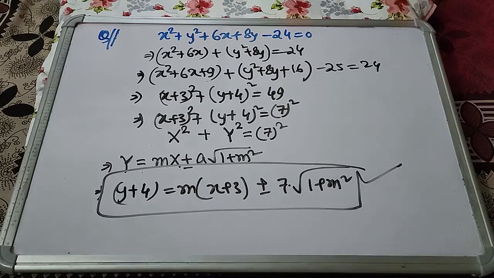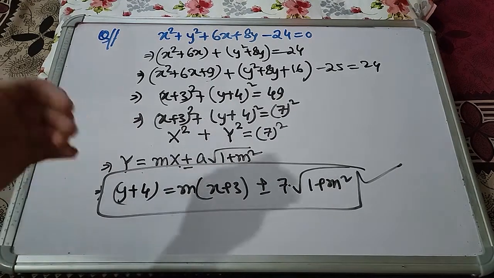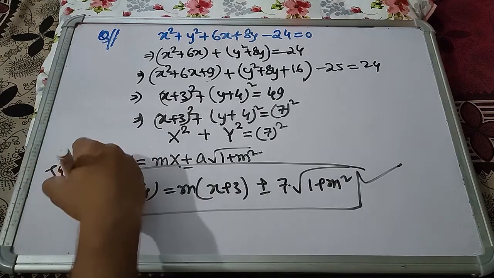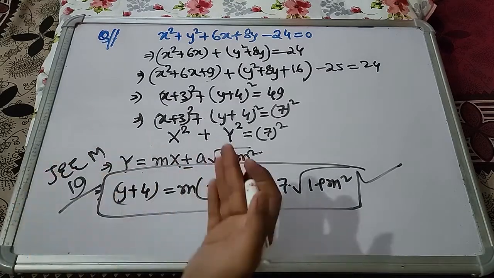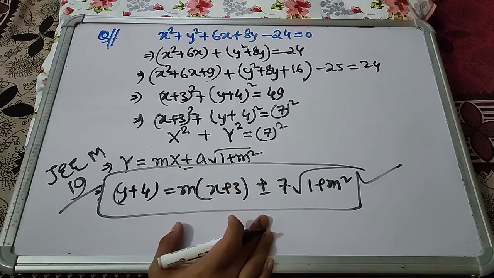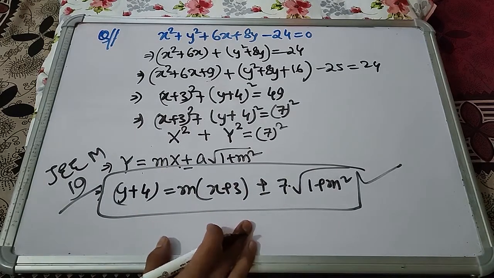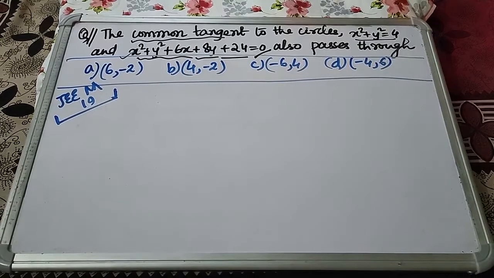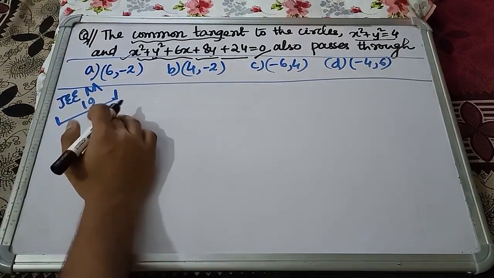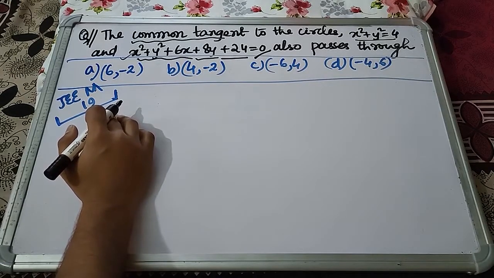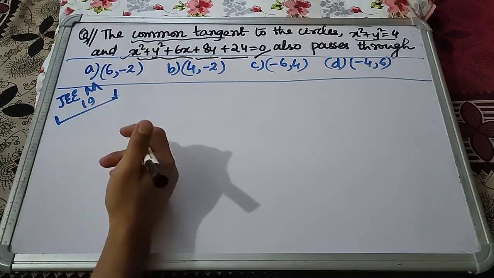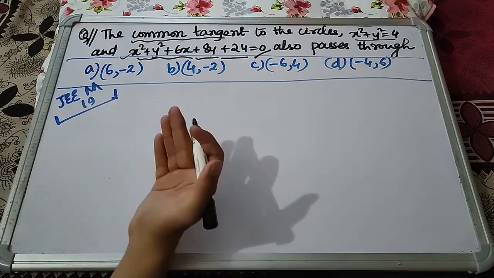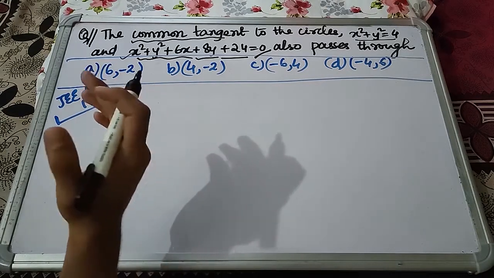Now you will be very surprised that you have unknowingly solved half of a question which appeared in JEE Mains 2019, and we will solve the rest of the question immediately. So you can see how important this concept is. So let us see the question ahead. As you can see, this is the question which came in JEE Mains 2019, and these questions are very common, based on the concept of common tangent. Common tangents are one of the frequently asked topics inside tangents. So you need to keep a good grip over this.